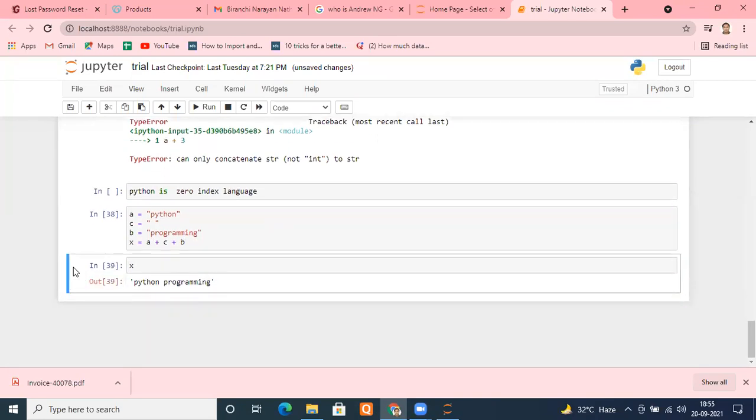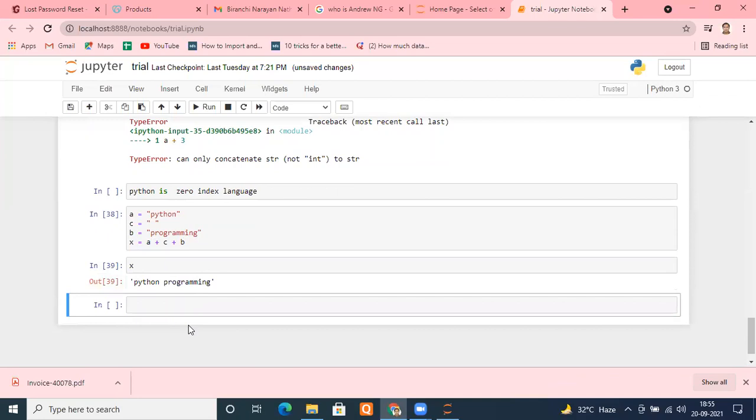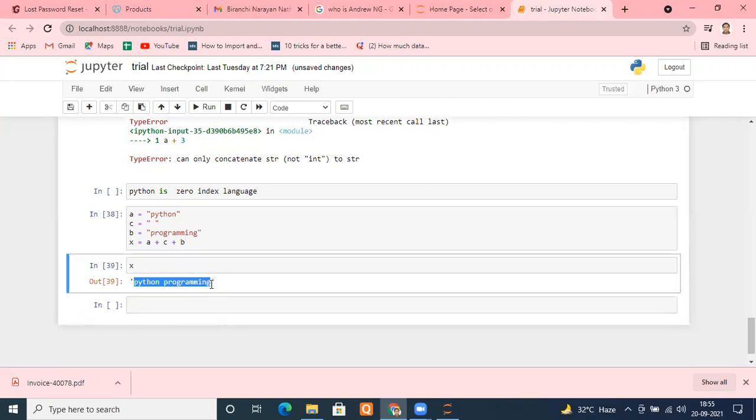Great. Now see, I'm going to index it. What do you mean by indexing? This is nothing but a collection of characters, sometimes also known as a sequence. It is one of the types. Sometimes you will say sequence types. If somebody asks you what a string is, you can say a string is a type of sequence in Python. What do you mean by sequence? You will understand that.